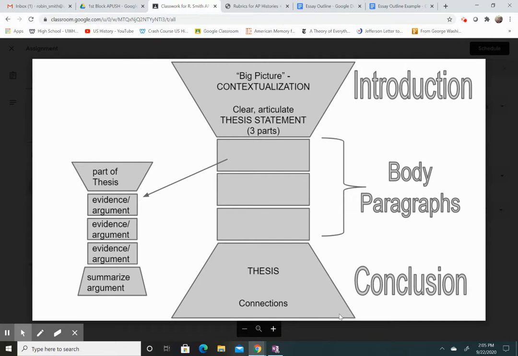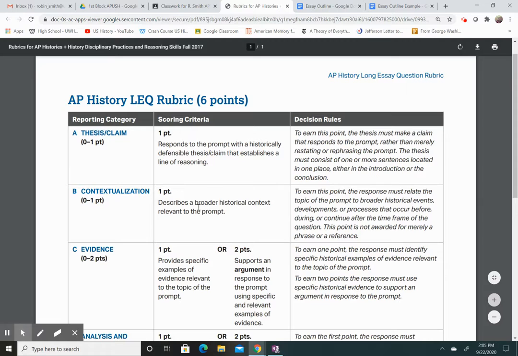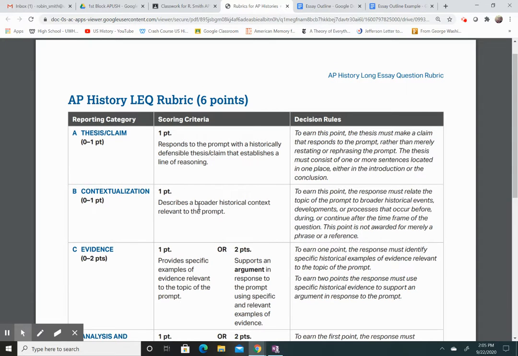So this image kind of breaks down and lets you see the essay format. If you look, you've got your introductory paragraph, which consists of your big picture contextualization. And we talked about this being like the 5 W's. It lays out the who, what, when, where, why of an event. For this specific event, that would be the French and Indian War. And then it gives your thesis statement, which has 3 parts to it. And if you look at the LEQ rubric, you can see that context and thesis are each 1 point. So in your introductory paragraph, you can earn up to 2 points towards your total of 6 points for the